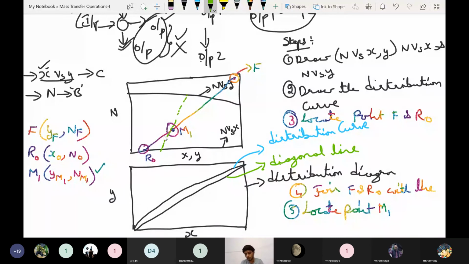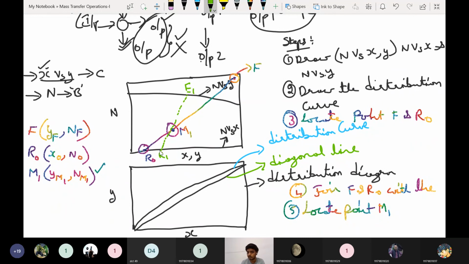So the tie line, when you draw it like this, this point will be known as R1 and this point will be known as E1. Okay, how to draw this tie line? How can we know the angle of this line, how it makes with respect to x and y? To do this, we have to perform a guess, a trial and error method. So the trial and error method starts like this.